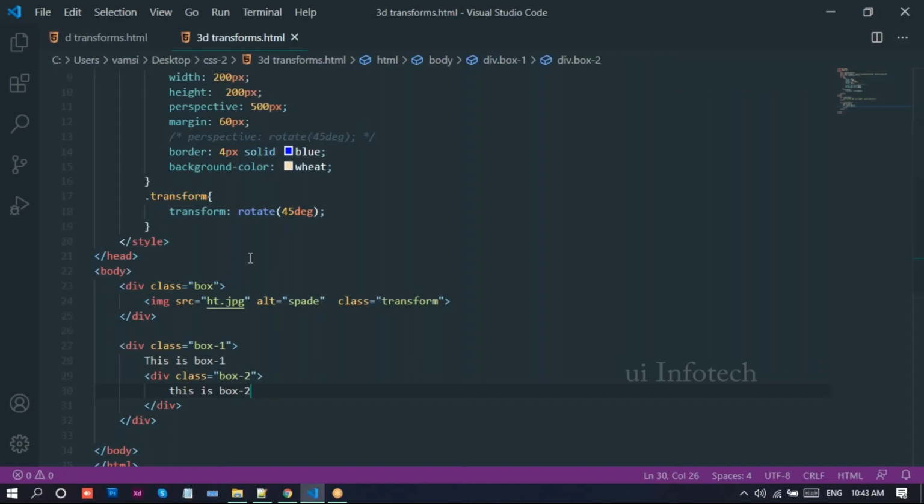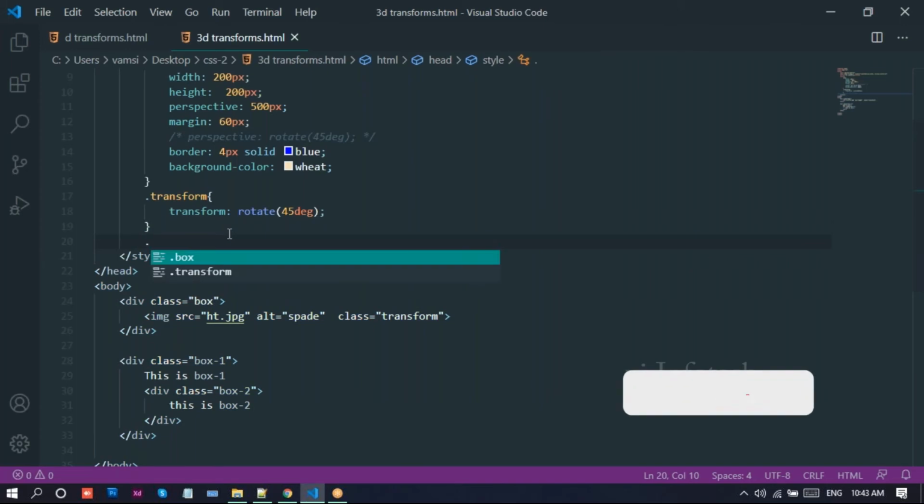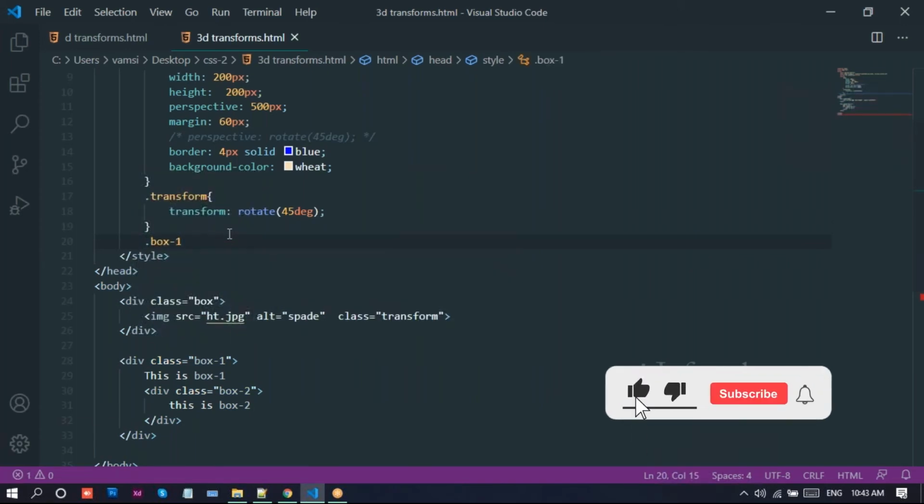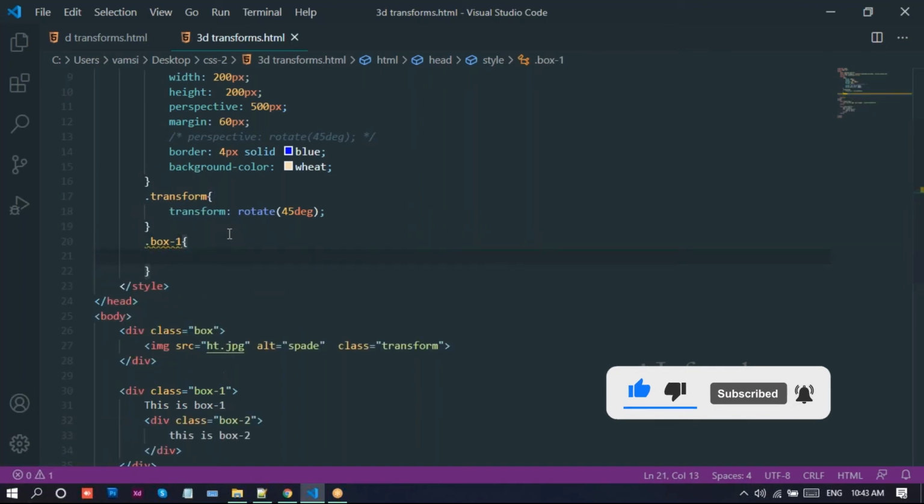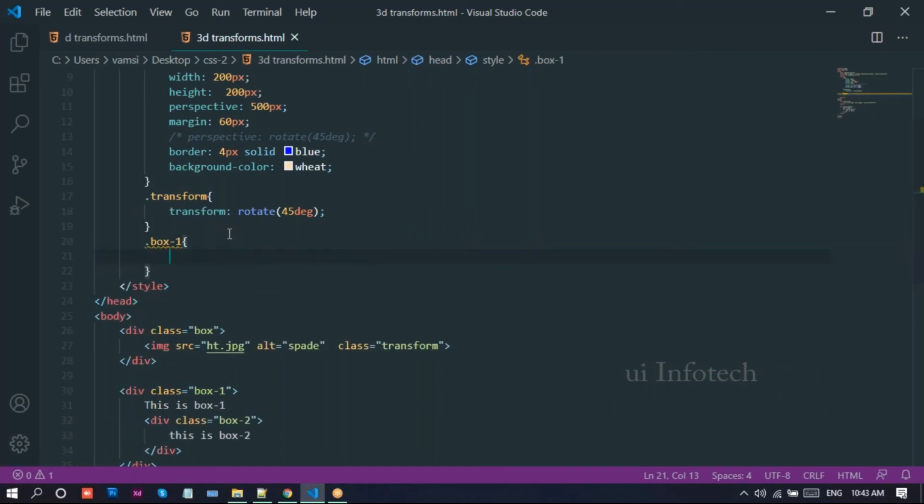Let me go to Visual Studio. Then you can write there. Here I'll take the box one, and we need to apply some CSS. First I'll take the positions here. I need position relative.